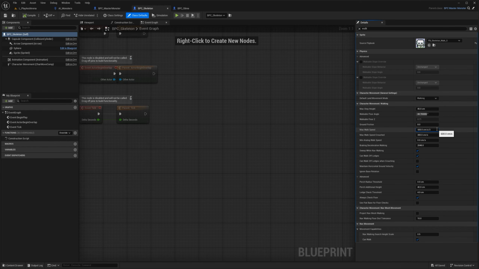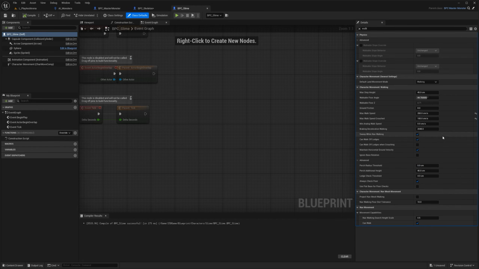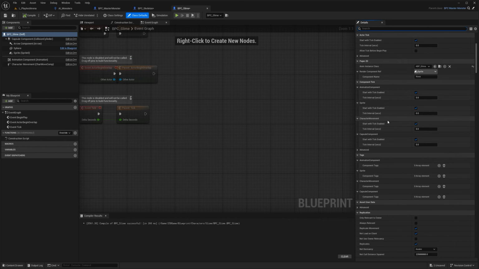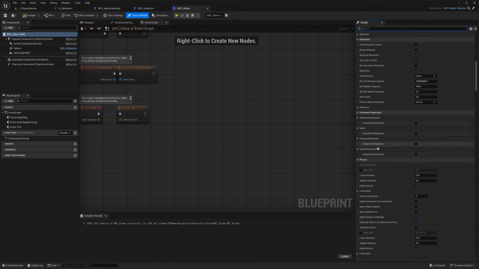Divided by 2 maybe? Actually, let's make the slime even slower. So I keep saying smile instead of slime. Maybe that's too much, but let's see how that looks like. Because I like the idea of having a log of slimes walking together to a direction.